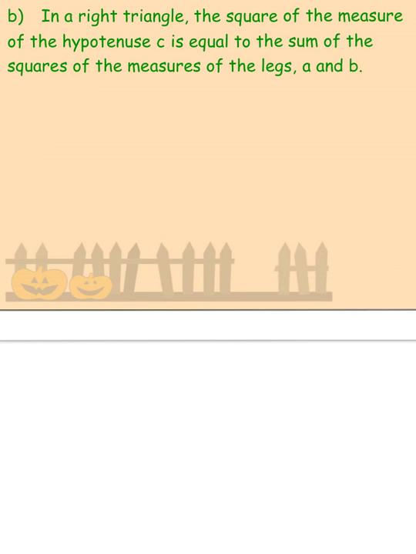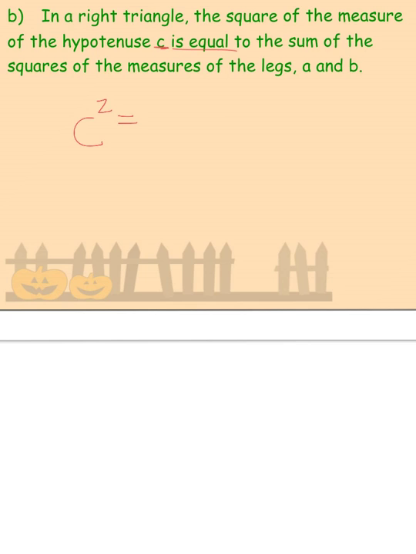So this one says, in a right triangle, the square of the measure of the hypotenuse is equal to the sum of the squares of the measure of the legs, A and B. So, holy buckets, that's a lot to think about. But let's just read it up until the "is equal to." So it says in a right triangle, giving it the shape that we're working with. The square, so this tells you you're going to have something to the little power of 2, of the measure of the hypotenuse C. So C is our variable. So we're going to have C squared, then is equal